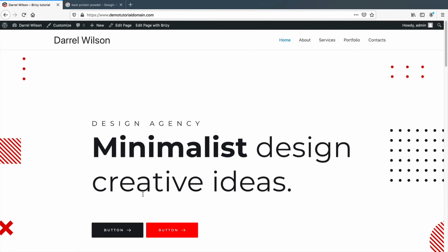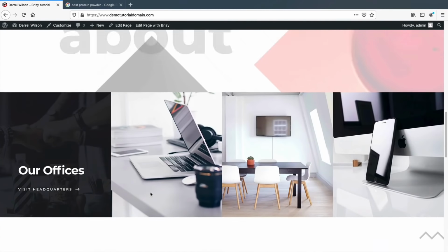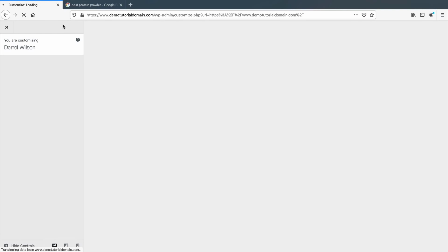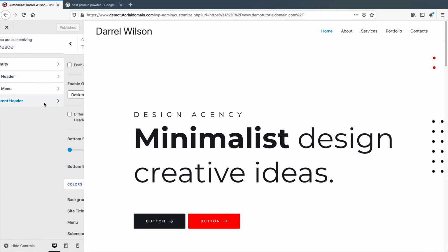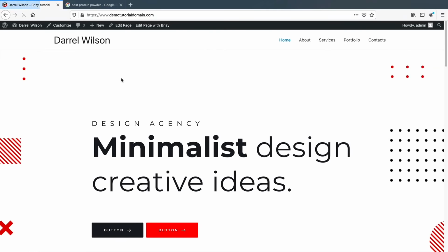And there you go. So now we have the same website. Everything is 100% intact. Everything's the same, except now we have the customize option. And now this theme offers different options for our theme. So that's pretty cool. They have a transparent header, and a bunch of really cool options. And yeah, so now that you understand a little bit about the WordPress themes, there are specific themes that will